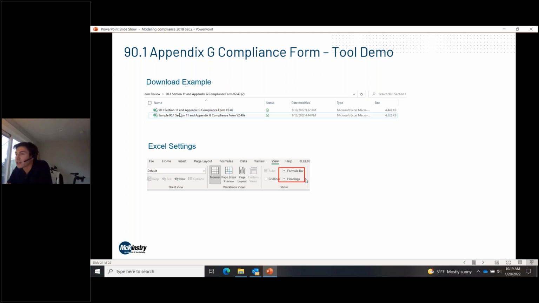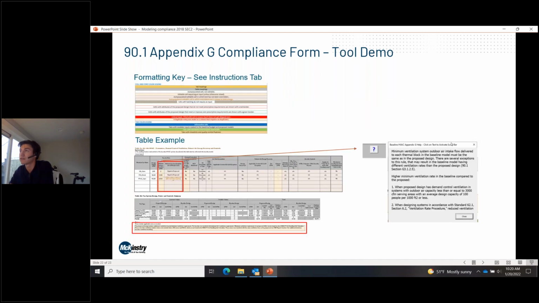And then as far as Excel settings, I think when you download this tool, the formula bar and the headings are hidden. For me, it was super helpful to re-show those because it's an Excel-based tool. Everything's calculations, and you can track back and look under the hood at how the workbook is working. So that was just a little advice I would give when you open this thing up for the first time.